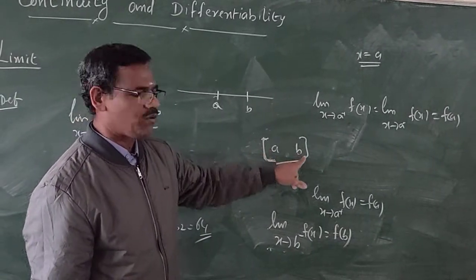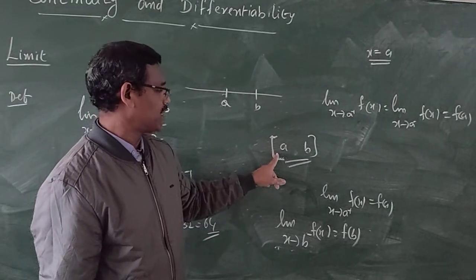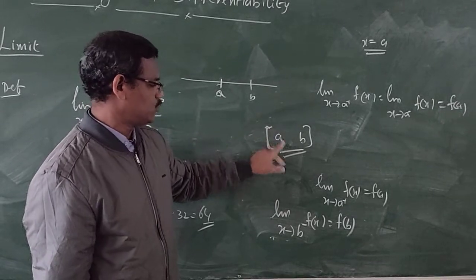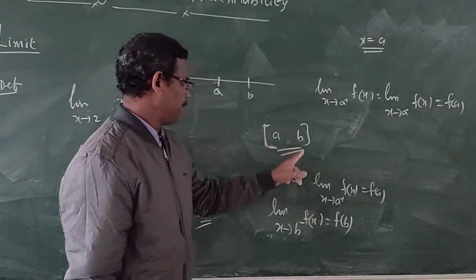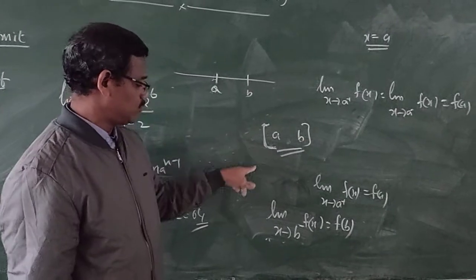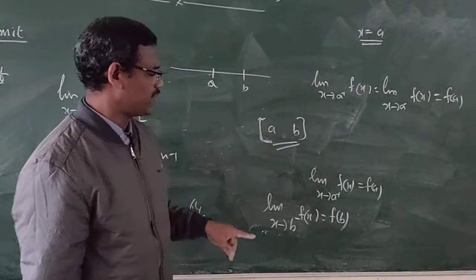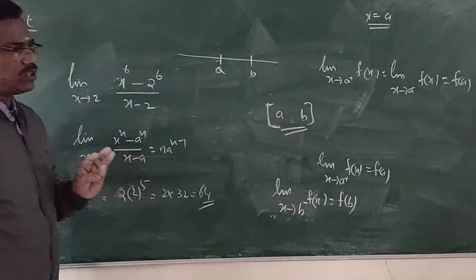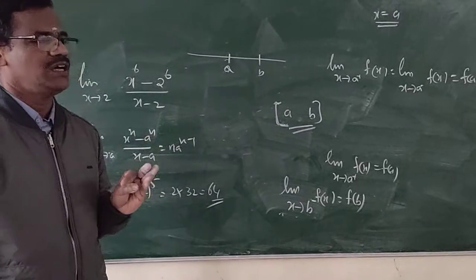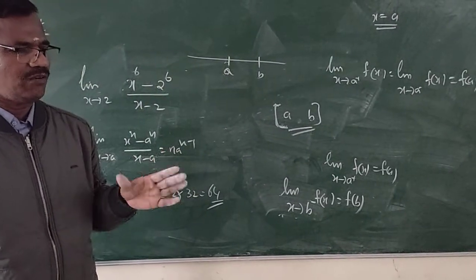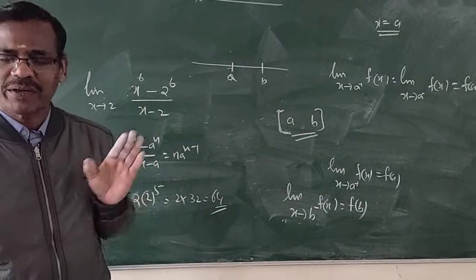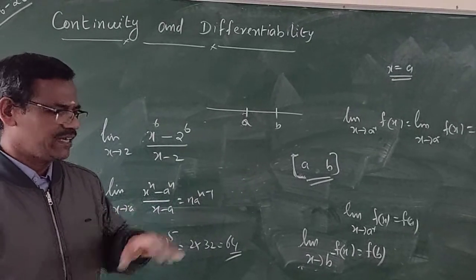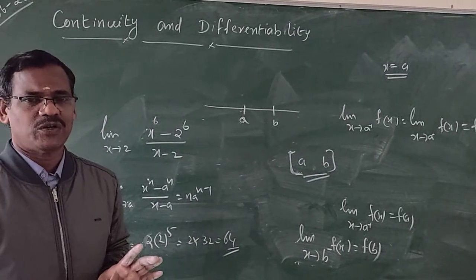So here once again I want to make it clear. When you want to discuss the continuity in a particular closed interval, a minus does not come in the interval, so there is no need to check it. B plus does not come in this interval, so b plus also is not to be taken. Only the rest of the things are to be proved. So go through today's notes, and I will give some homework of class 11's limits to help you revise the limit concept, and I will send that as a PDF file. Thank you. Go through it correctly.